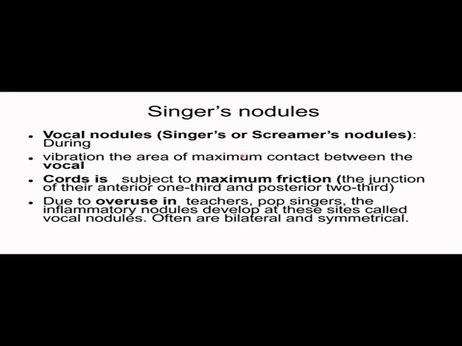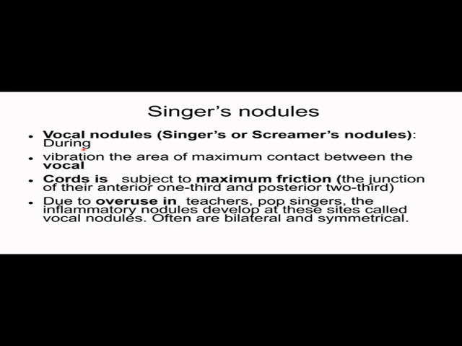Now let's see the next topic, which is singer's nodules or vocal nodules. So what happens during vibration of the vocal cords? When the voice is produced, when phonation happens, you know that the vocal cords will vibrate. The point having maximum contact between the vocal cords is the junction between the anterior one third and the posterior two third. At this point of maximum contact, maximum friction also happens again and again